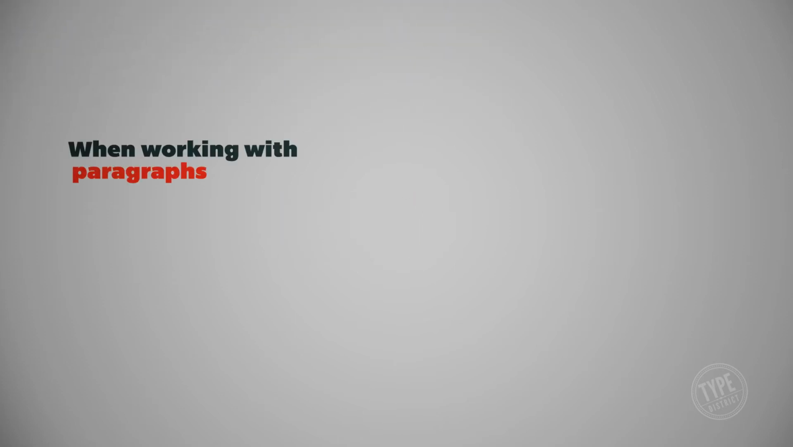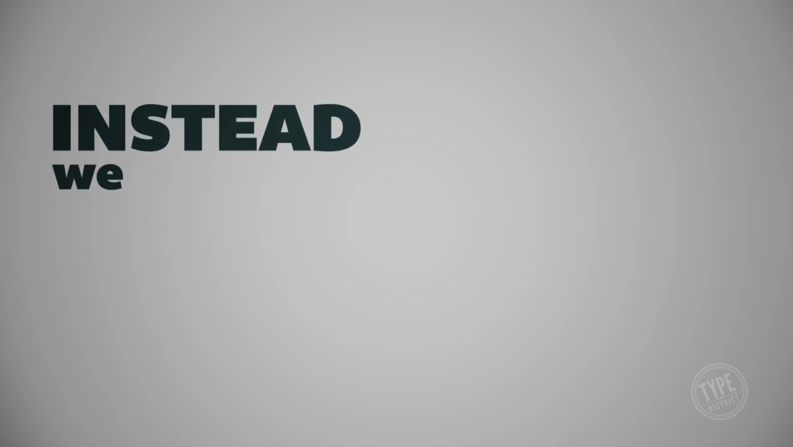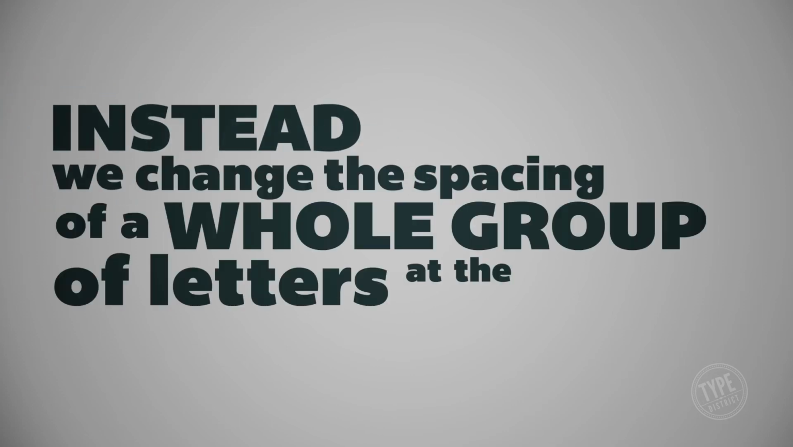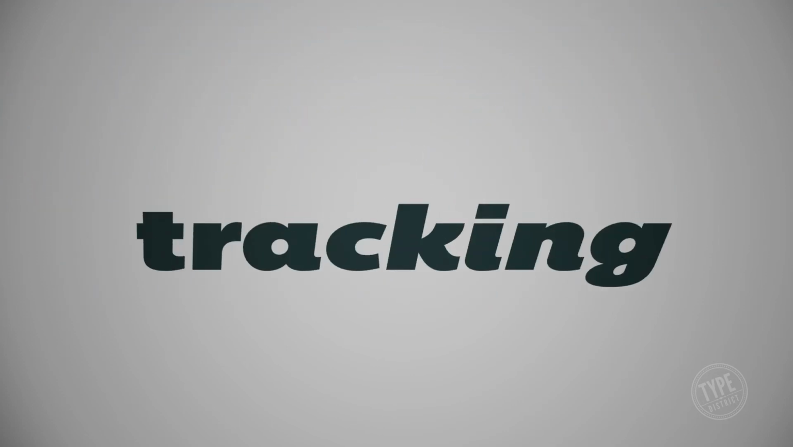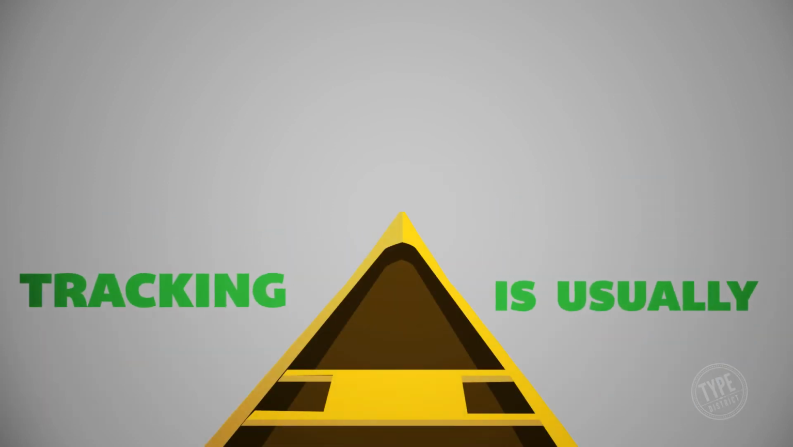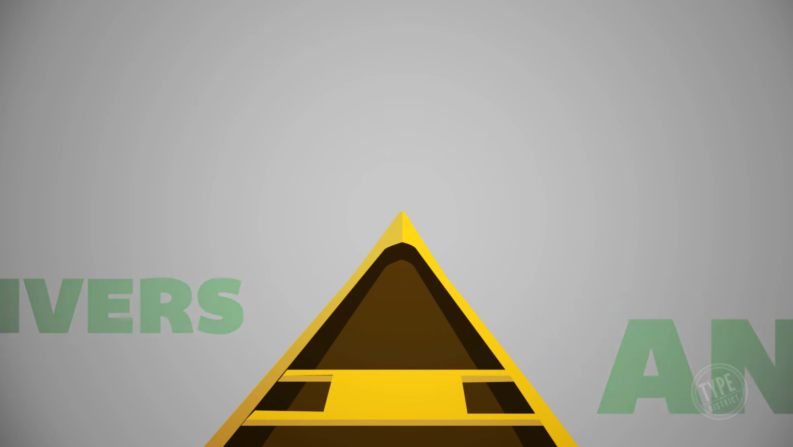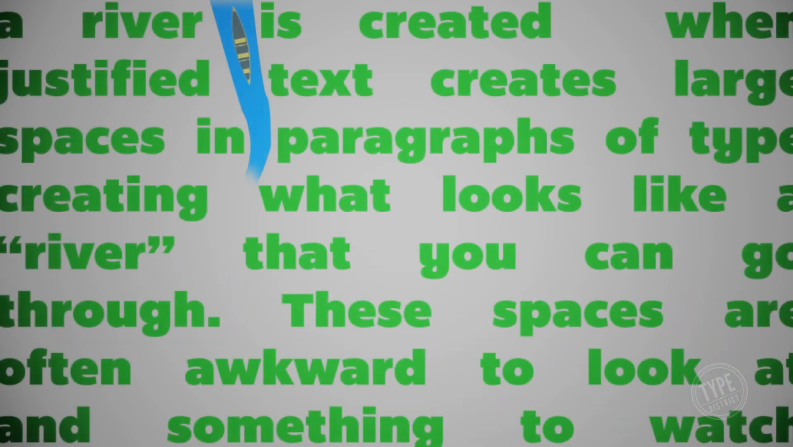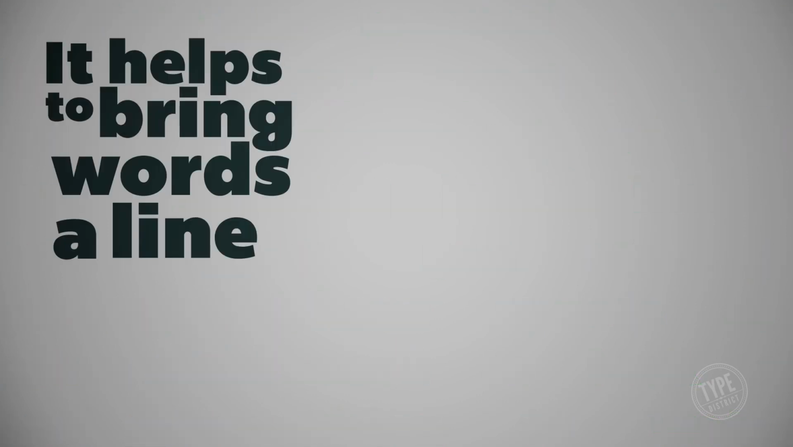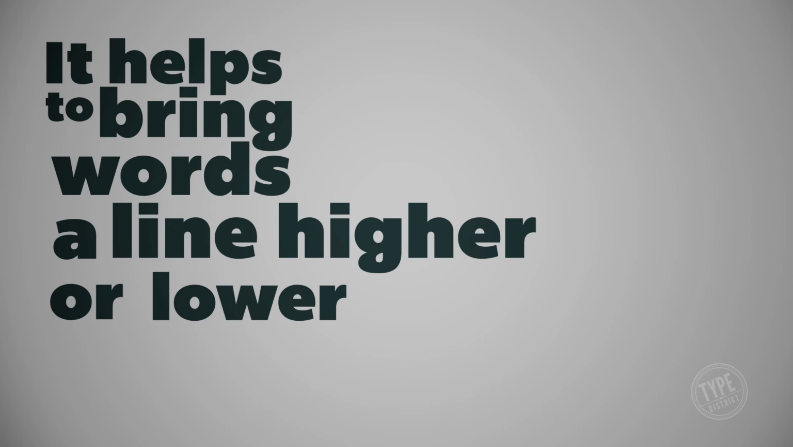When working with paragraphs of text, it will be too tedious to kern each letter. Instead, we change the spacing of a whole group of letters at the same time. This is called tracking. Tracking is usually used to help avoid any rivers when working with justified type. It also helps to bring words a line higher or lower. For example,